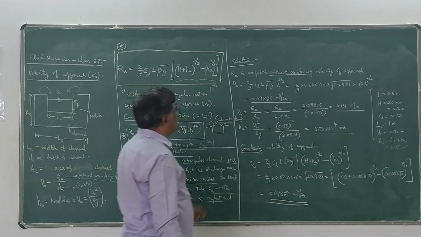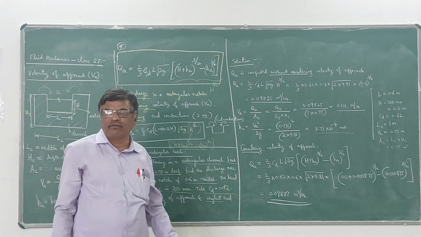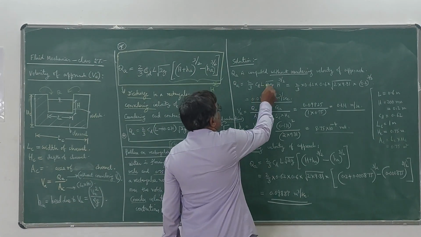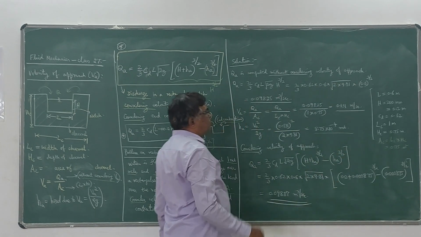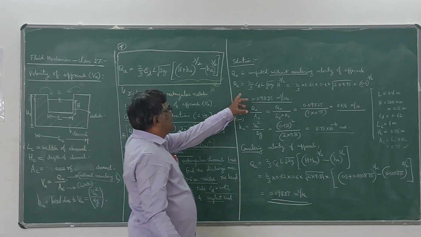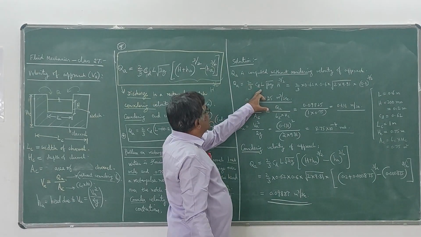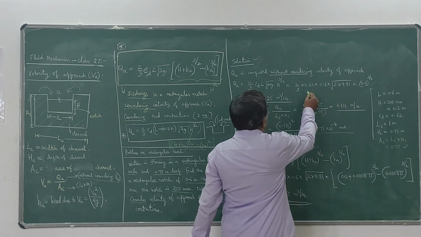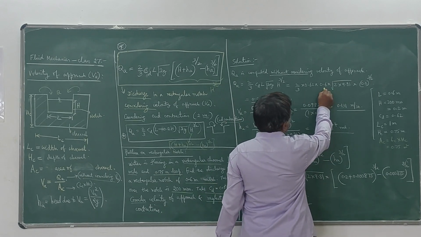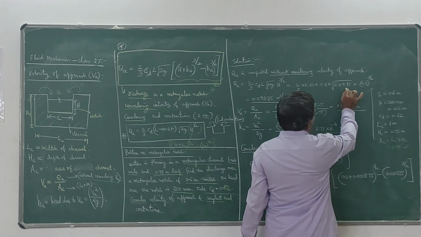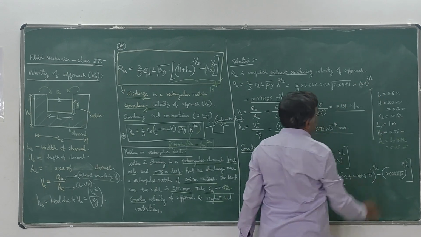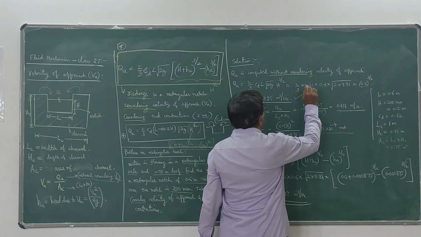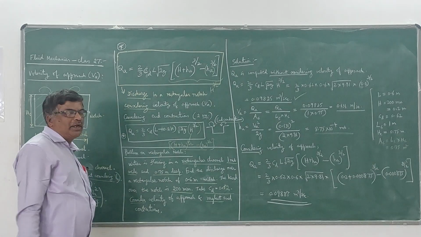Now this is the procedure to calculate the discharge considering velocity of approach. First step, we have to calculate the discharge without considering velocity of approach. If you don't consider the velocity of approach, this is the equation which we have derived: 2/3 CD L root 2g into h to the power of 3/2. Now substitute all the values. CD is 0.62, L is 0.6 meters, everything should be in meters, root 2g into h, which is 0.2, to the power of 3/2. If you calculate, you get QA as 0.09825 meter cube per second.